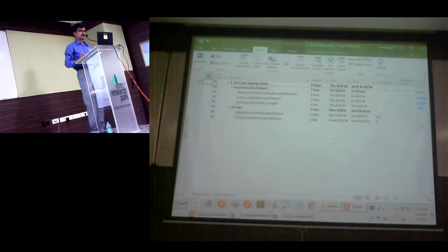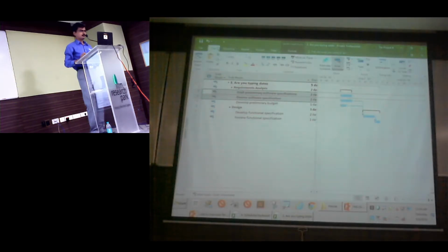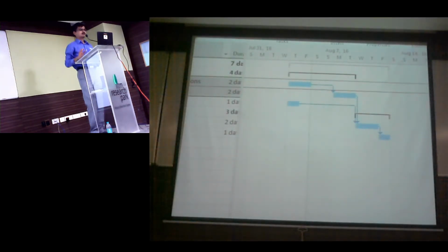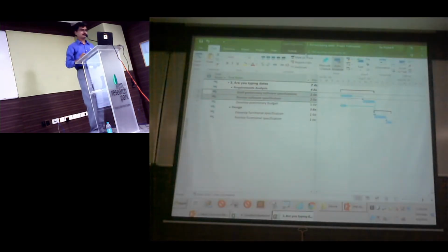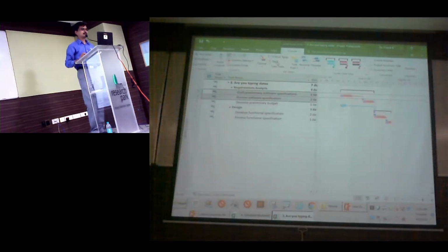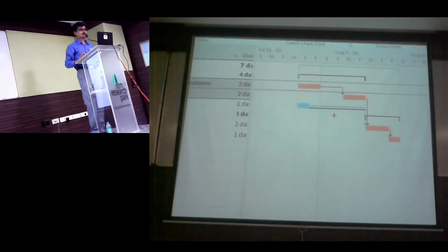Okay, let's take a look at this plan. I'm just linking it. Okay, so it's quite obvious you might have identified which is a critical path here, which is not. But if you want to have a visual indicator, you can always go to the format and you can just say critical. We don't use float here, we say slack. So let me turn this on. You notice this? The black trailing line talks about slack.